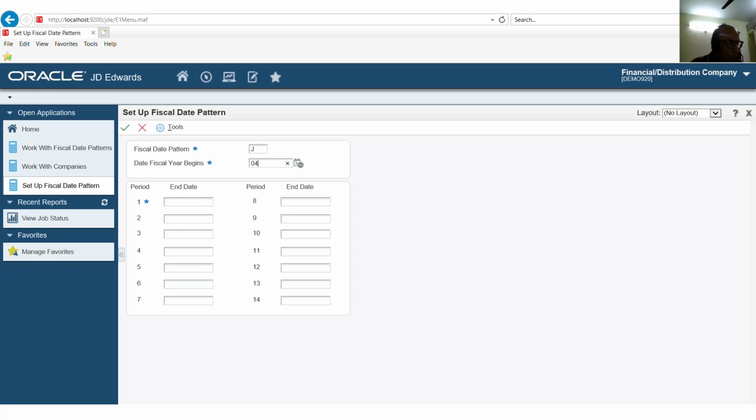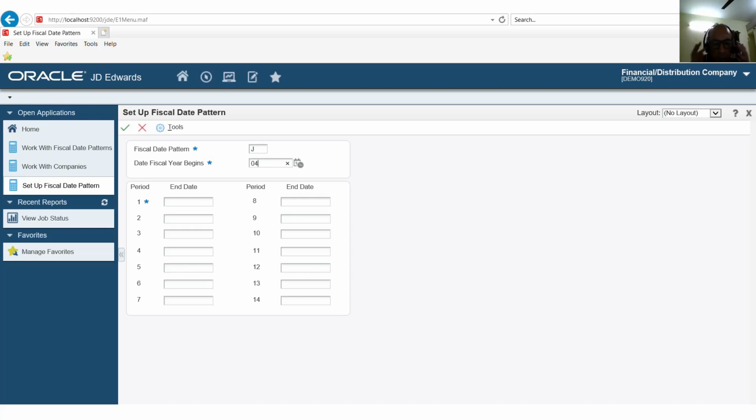So make sure. And you will have to create this fiscal date pattern for 3 years: past year, present year, and the future year. The system will not create the fiscal year automatically. Don't think that once you create it, the system will automatically create the next. It will not create it.